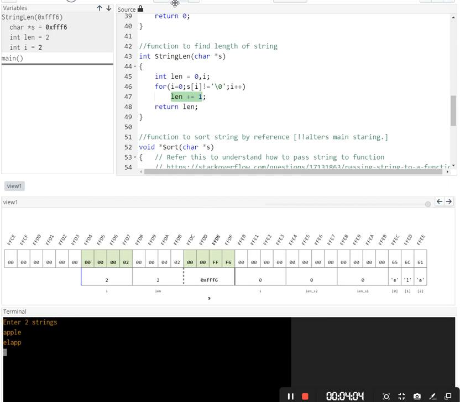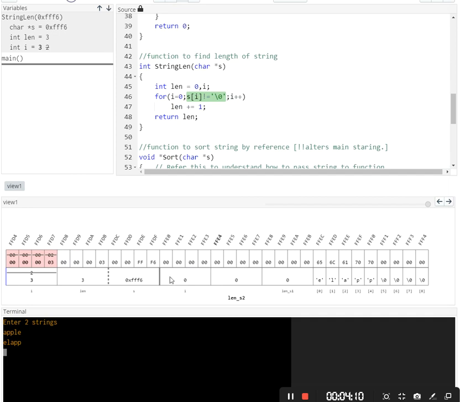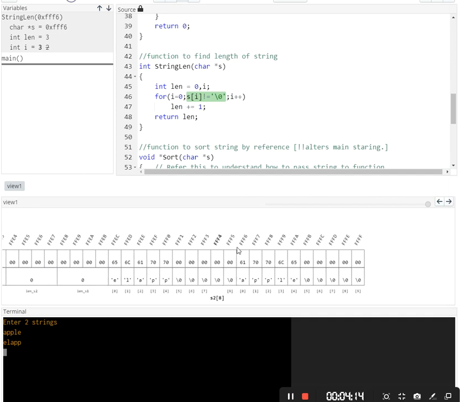That is the starting address of our string, 0xFF6, that we see here. So this is the starting address of APPLE that we are passing. This is the pointer holding the starting address of the string.